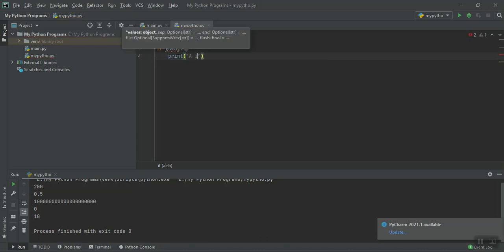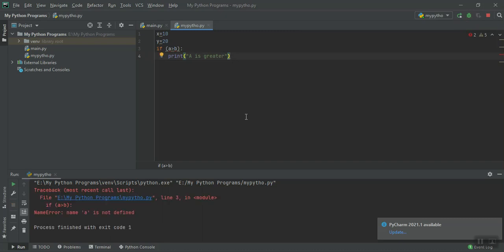A is greater. That's all. So if I run this, what happens? What is the problem? Line number 3.